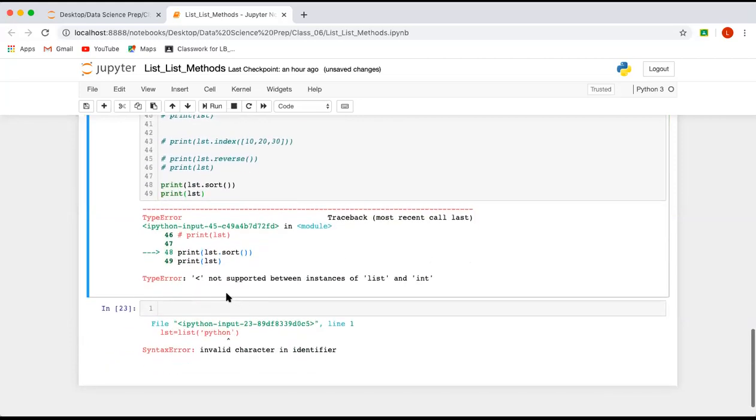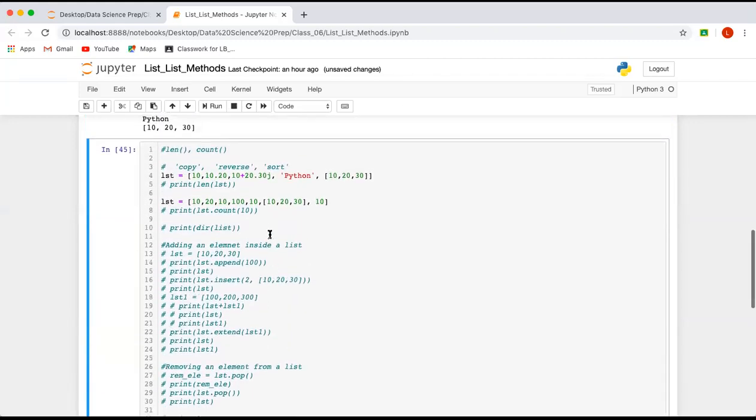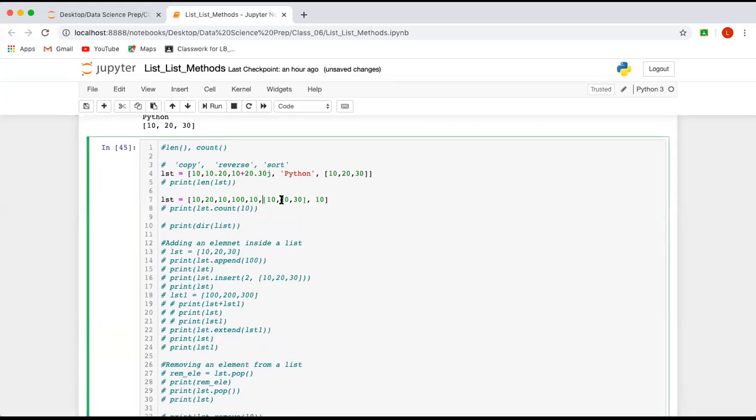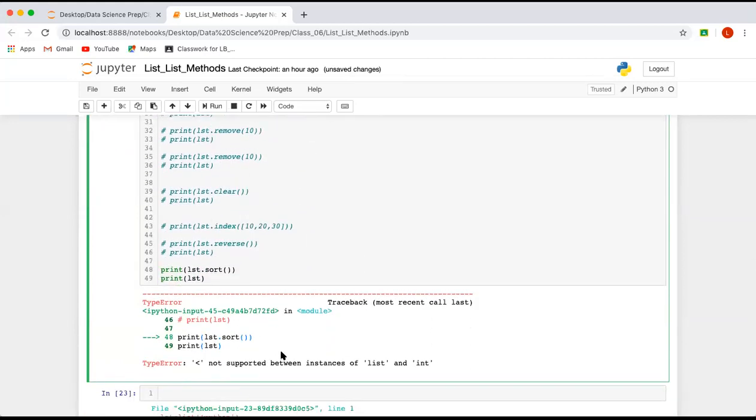What is this? It is not supported. Yes, correct. So it is not possible in this case. You have to use only integers. Internally, sort uses comparison operators, and comparison doesn't work with different data types. If you have numbers, then only you can compare them.